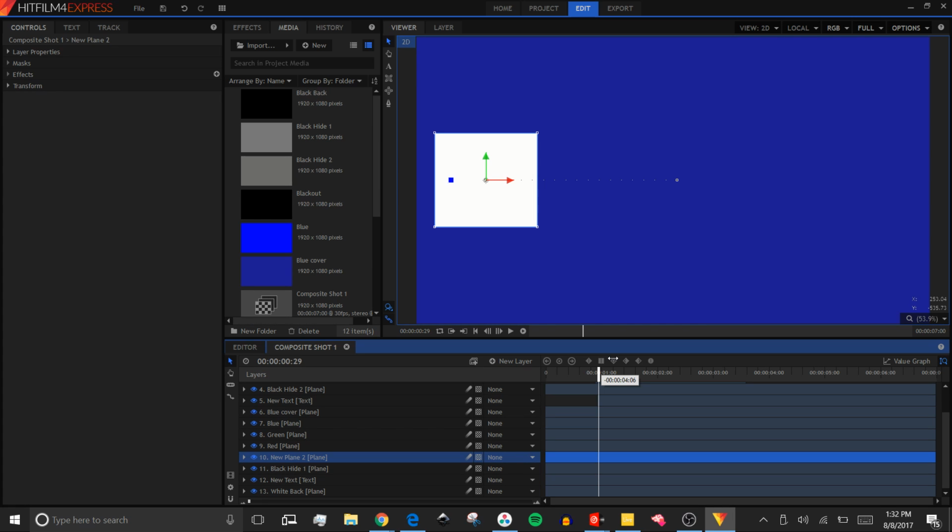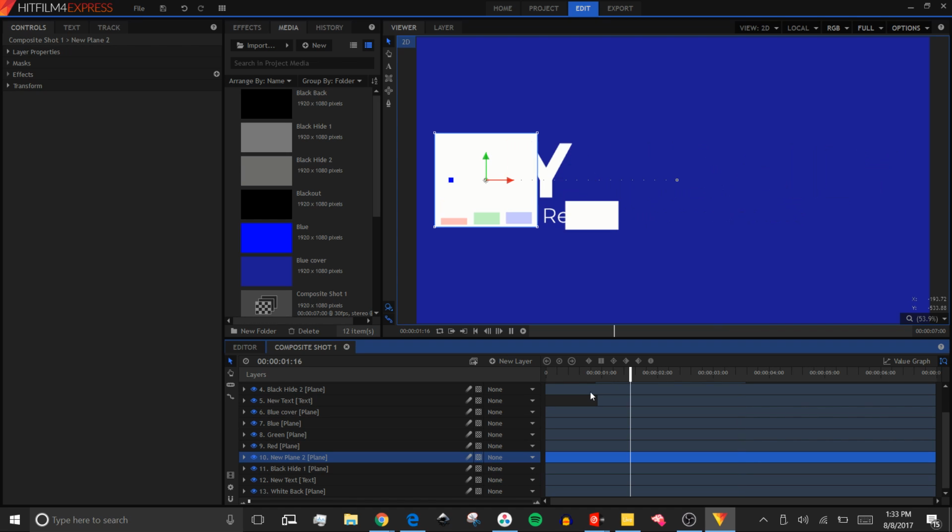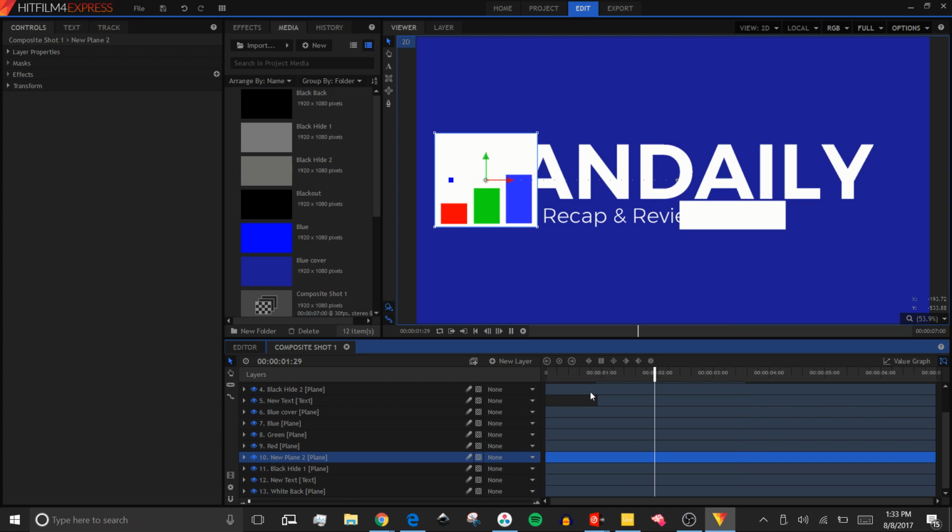And then the growing bars here are just an opacity change, a position change, and a scale change all at the same time. And then same with this square here. This is just a position change with a scale change as the position changes from left to right. And that's all it is, along with a sliding blue thing to keep up with revealing the words. And that's the entirety